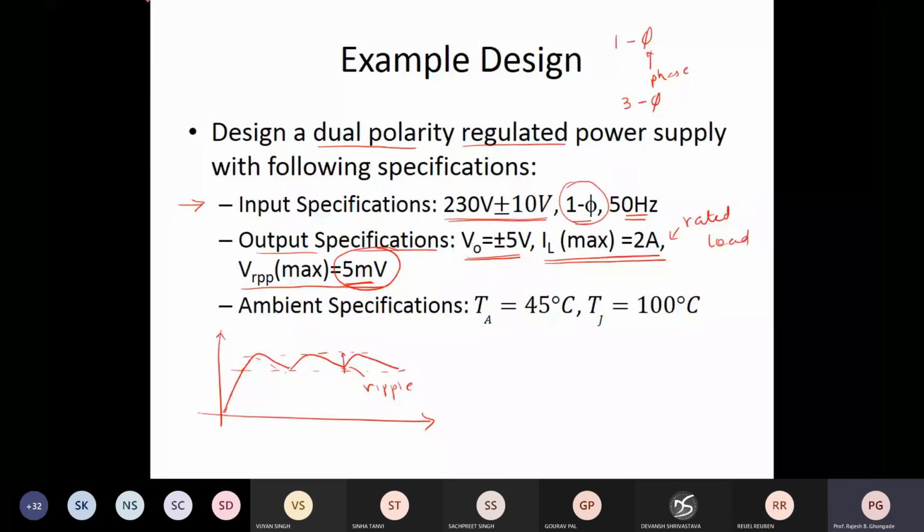Input specification called a single phase. This is called a single phase, and this is the symbol. This is a symbol for phase. Okay. Is that fine? Hello. Yes, sir. Okay. So